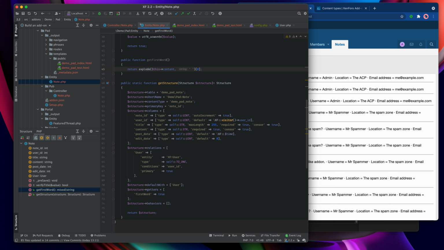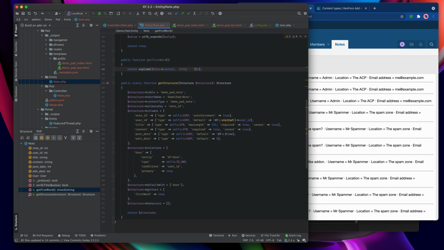So if someone requests the first word from this entity, then it will be indistinguishable from an actual database field, with the only caveat being that if you try to set the value of a getter, then it's going to fall over. We can make the output of the getter appear to be a property of the class as far as external tools are concerned by updating the PHP doc.